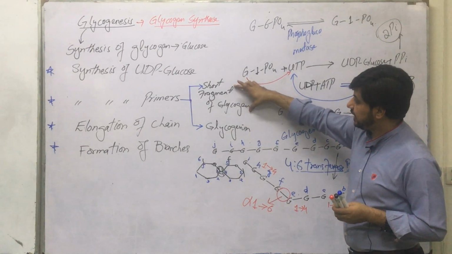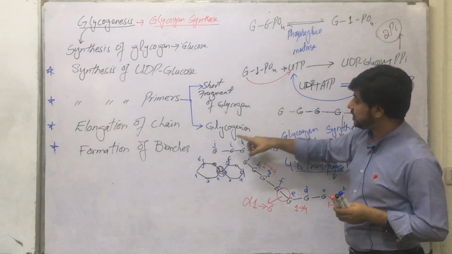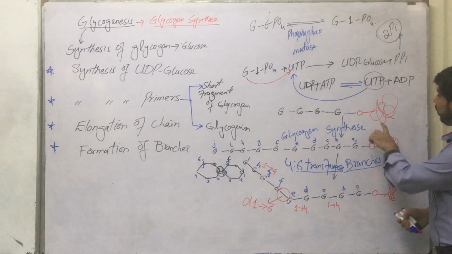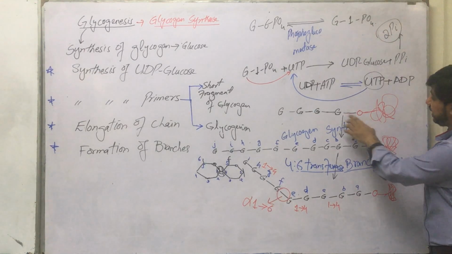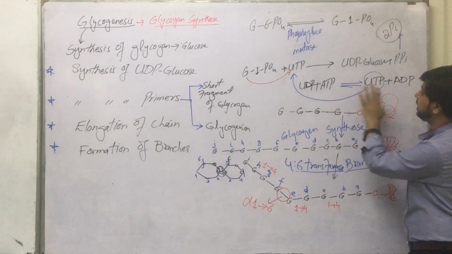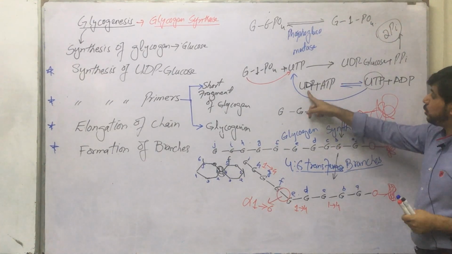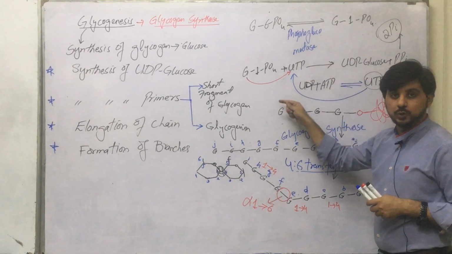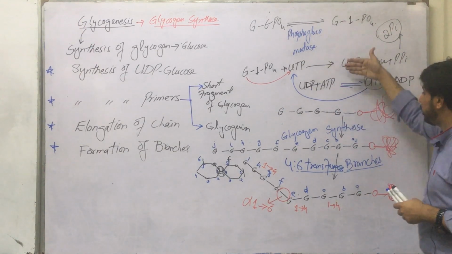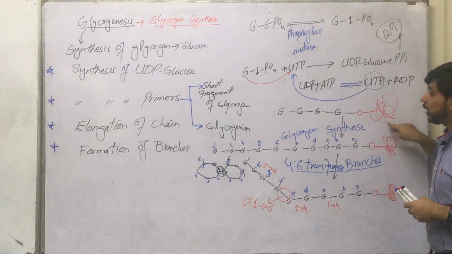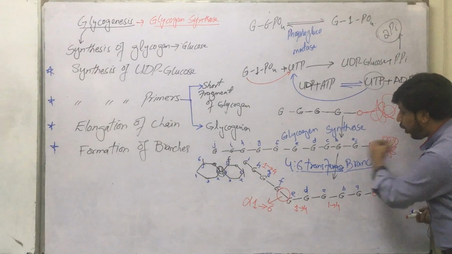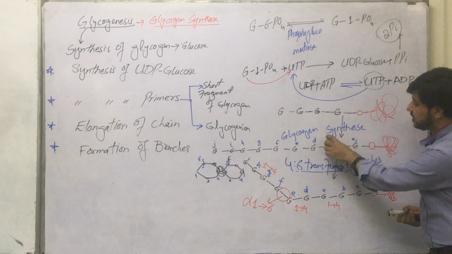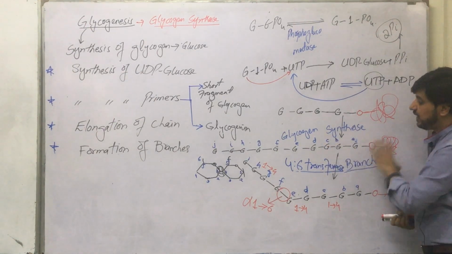If we do not have the short fragment of glycogen, then glycogenin, which is an enzyme, will act as a primer, and with the help of auto glycosylation, it will attach the glucose molecule from the UDP, and then UDP will be converted back into UTP and is again ready to carry another molecule of glucose, and then again it will transport another molecule of glucose to the glycogenin. This will go on, and after the formation of a short fragment, glycogen synthase will become active and